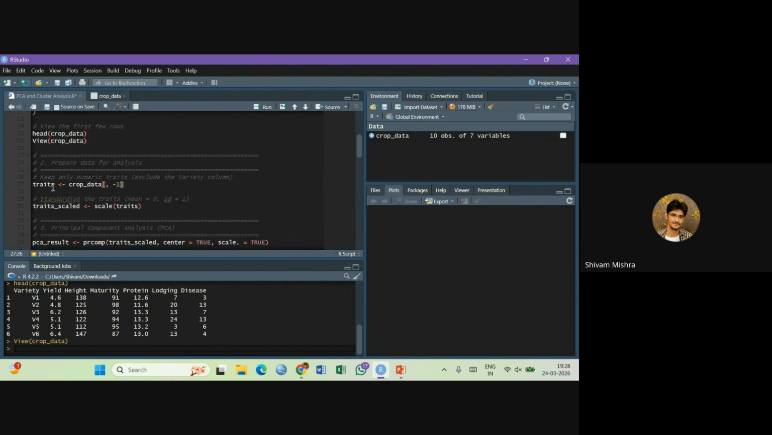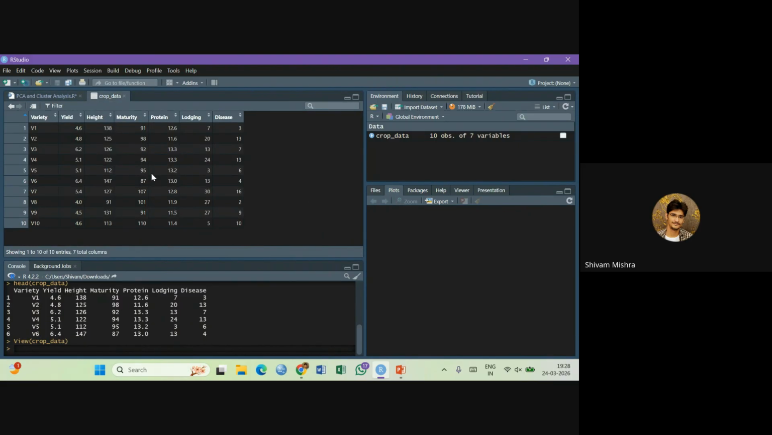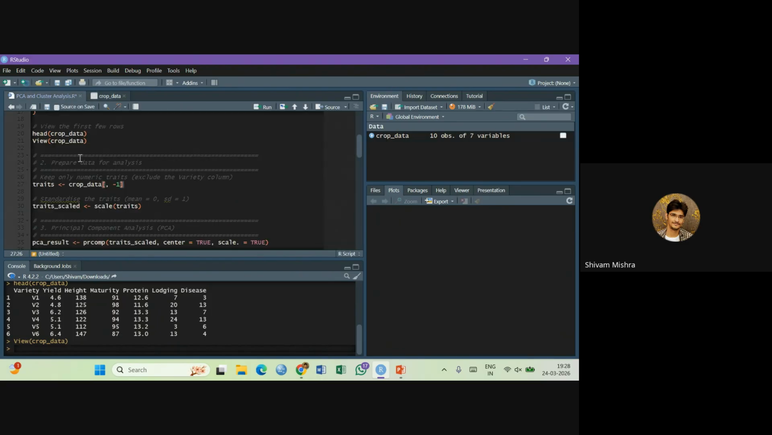we have created a new variable traits. Here traits, I have used crop data, bracket open, and I have written -1. -1 means I have removed the first column of crop data. This is your crop data, and first column is variety. I have created a new variable named traits where I have used -1 function to remove the first column of your data set. Now, if I see what is under your traits, newly created traits,